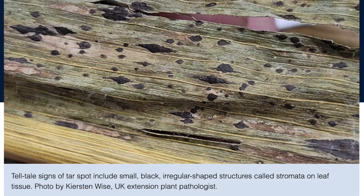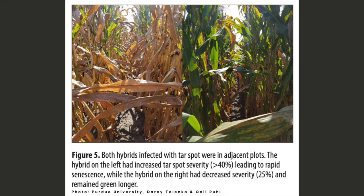I get asked a lot of questions about tar spot. It is a newer disease in Kentucky. We found it for the first time in 2019, but it's been in the US since 2015. The reason farmers in Kentucky ask a lot of questions about it is because it's a disease that's caused significant yield loss in corn in states to our north. Indiana, Illinois, Iowa, Wisconsin, and Michigan occasionally report up to 60 bushel an acre yield loss due